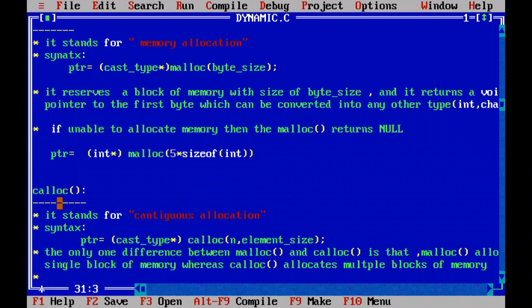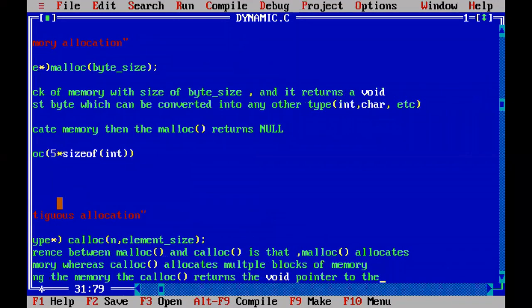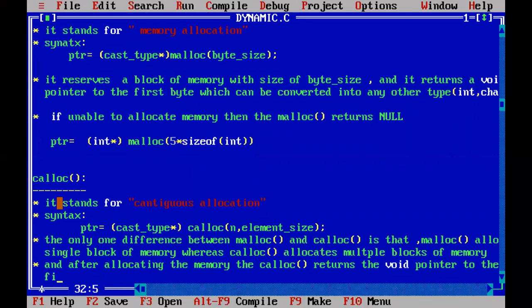And after allocating the memory, like malloc function, calloc function also returns the void pointer to the first byte address.